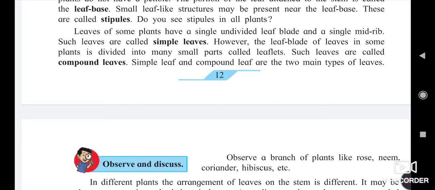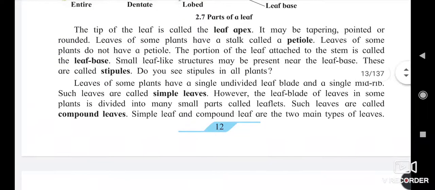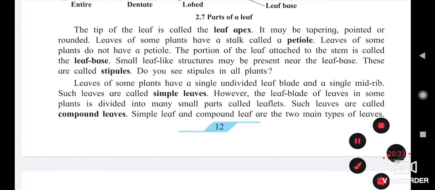Okay, in the next lecture we will study more information about the leaf and their types. So we will stop here.